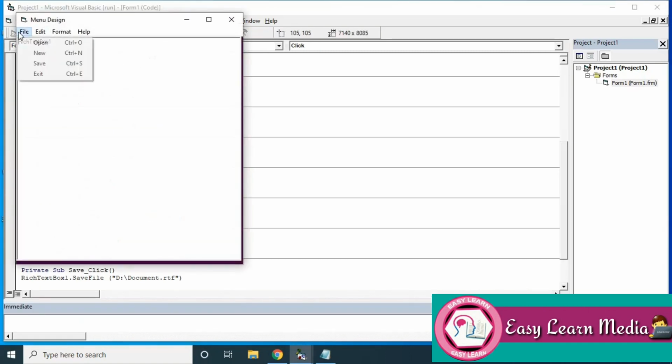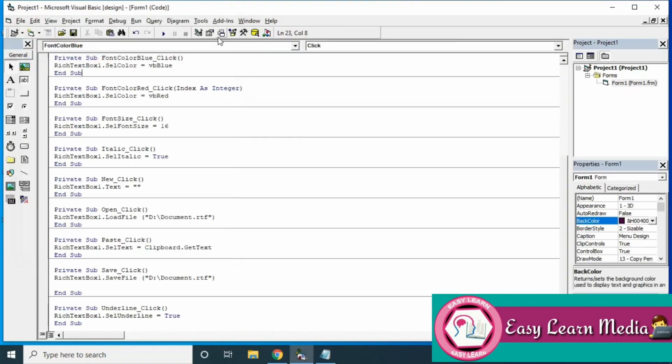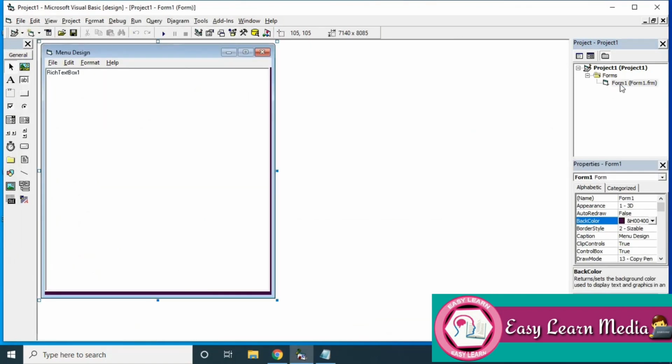So I'm going to use blue. I'm selecting the text and applying the color. Yeah, it is changed. So now let us change it to blue, red, whichever you prefer. So that's it, we have covered it.